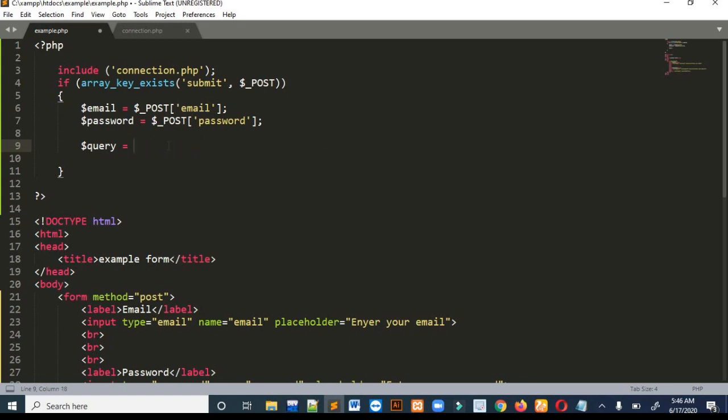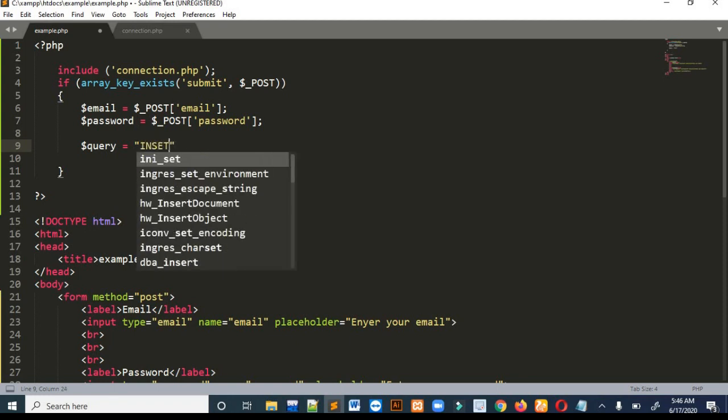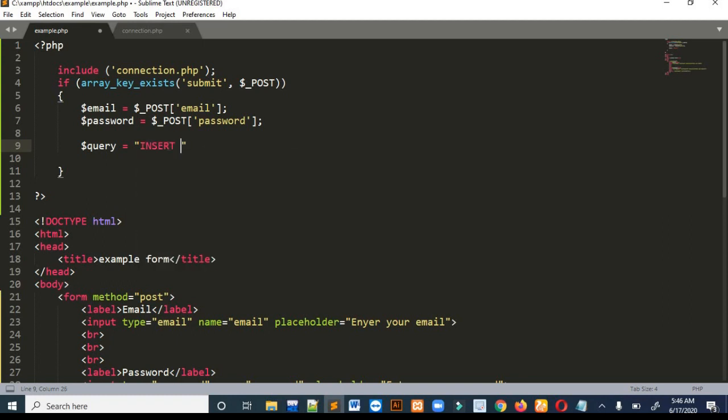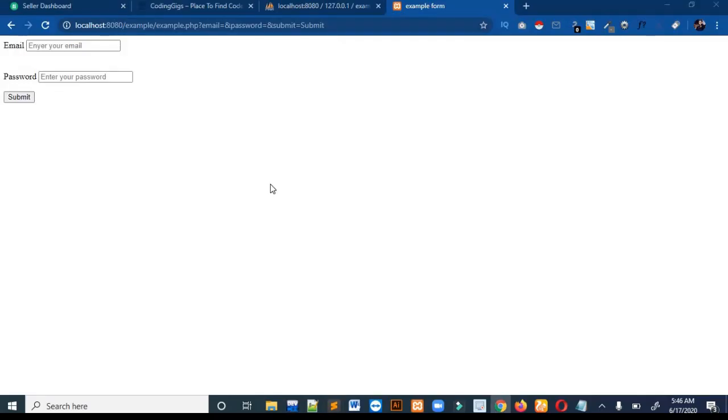First I have to give columns, oh I'm sorry, insert into, then you have to write the name of the table. Our table name was, let me go and check it again.